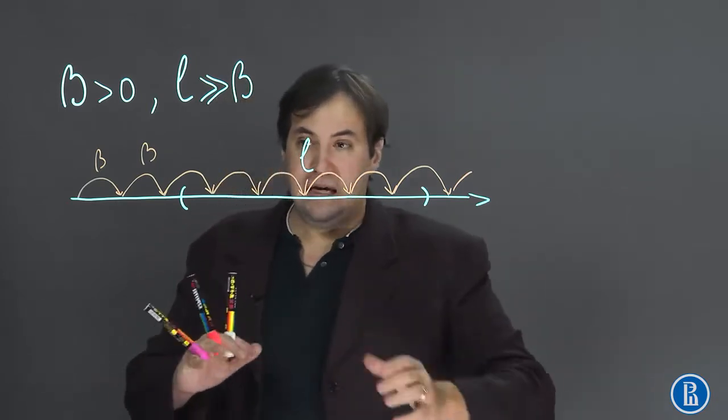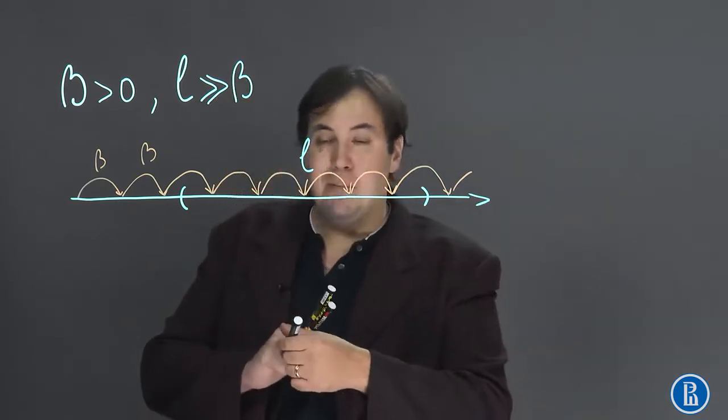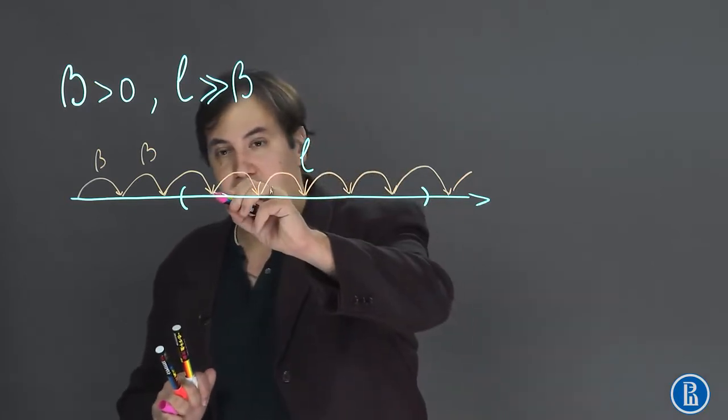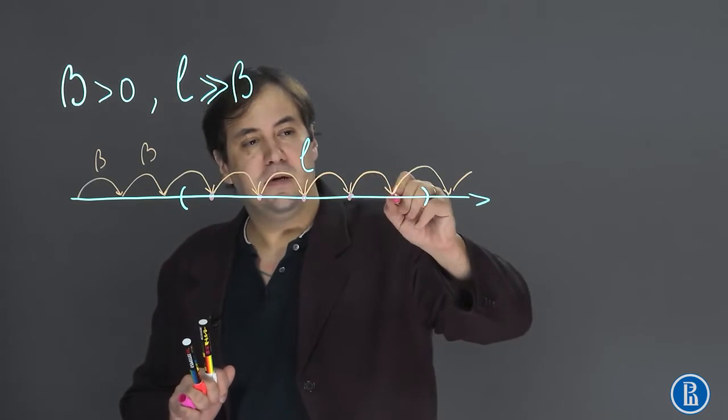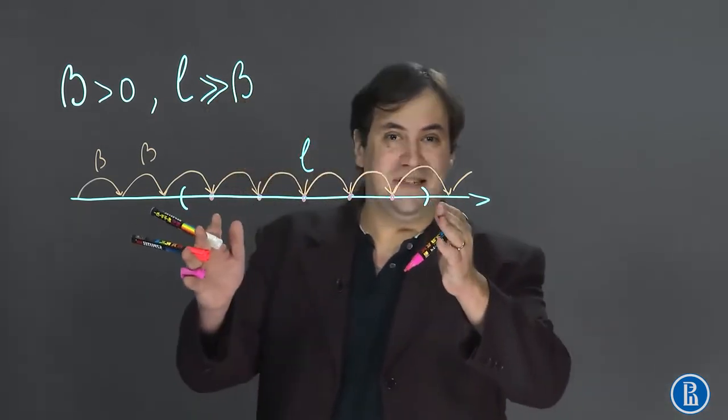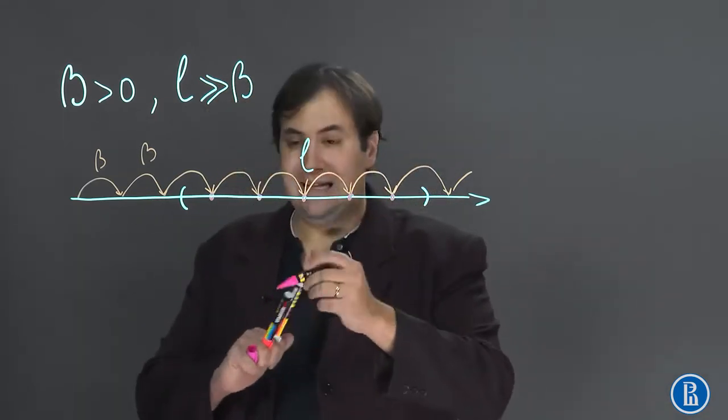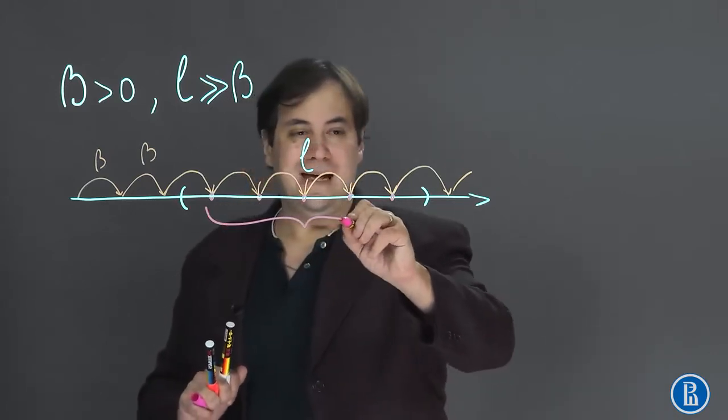So we want to estimate the number of points, marked points, inside the interval within this visit. So let's denote the number of points by x,